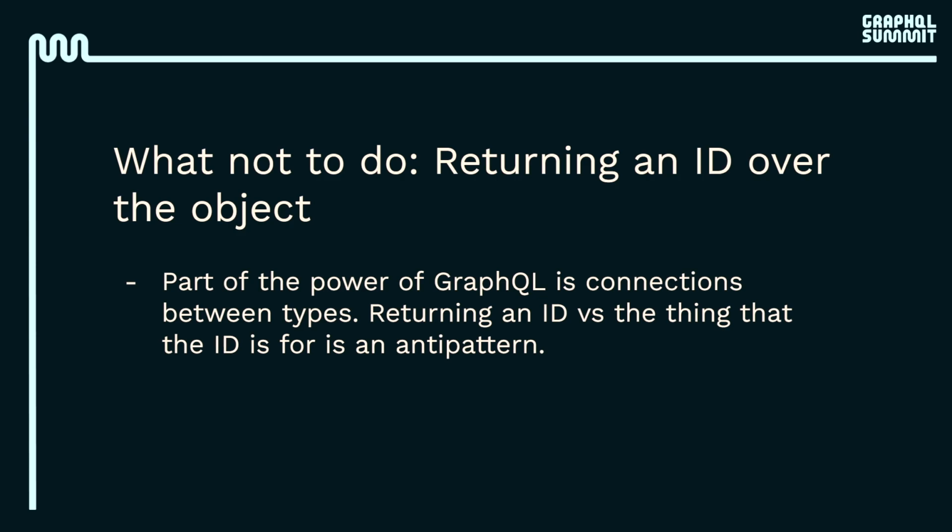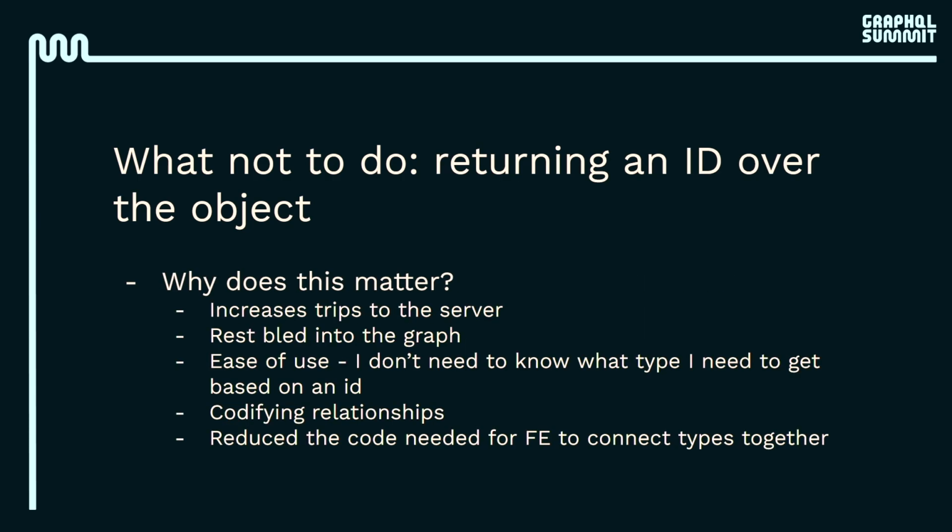In the graph, one of the beautiful things we can do is take a step back from that, and we can go and do those calls. That's one of the biggest things that matters here: if you don't return the thing, I have to go do all of these subsequent requests and ask for that data over and over. So it matters because we're making all of these calls back and forth between our client and our server when we don't need to. If you just return the thing, your graph can do that request for you without you having to do it. It also bleeds a lot of other concepts into your graph that don't need to be there.